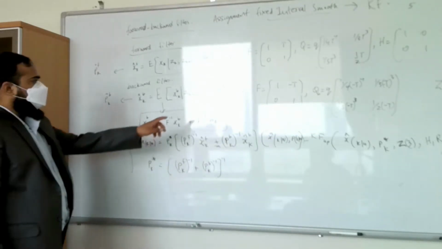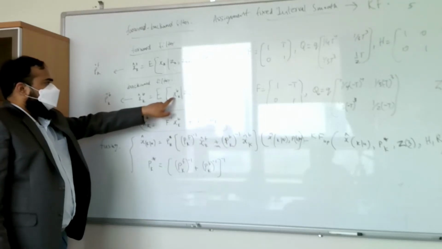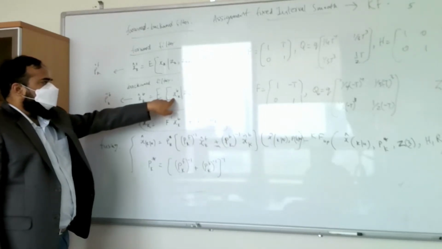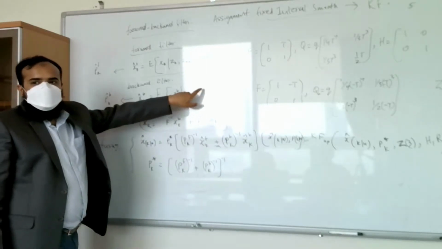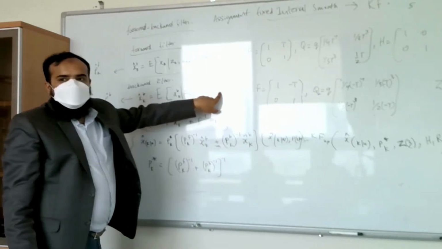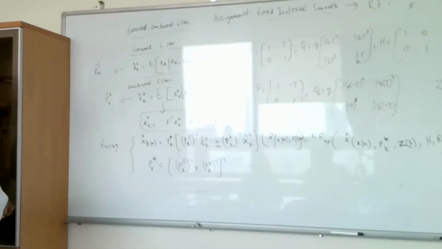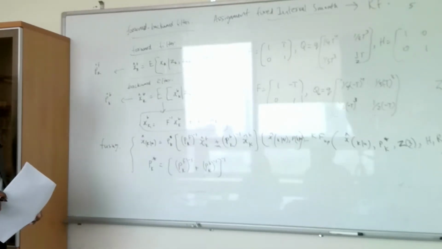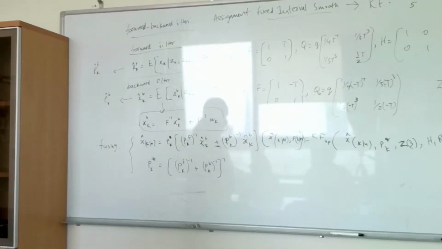Suppose you have estimated the object state conditioned on Z of 1, Z of 2, Z of 3, Z of 4 up to Z of n. So the main thing is the